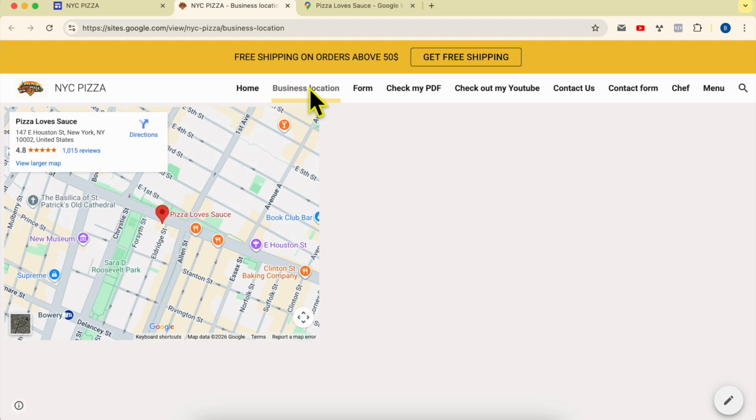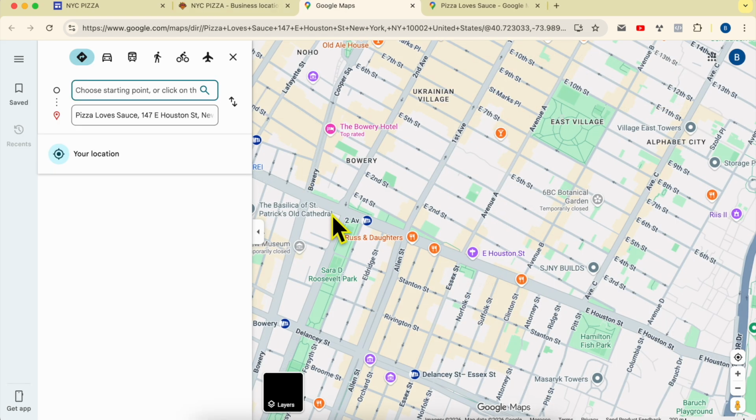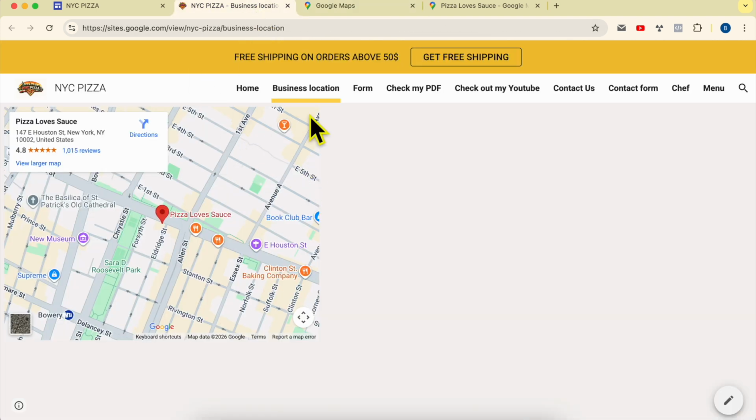This is my business location page. And as you see, my business name shows up here with the address, stars. And if I click on the directions, it opens up this page. Now let's see how to make this Google map